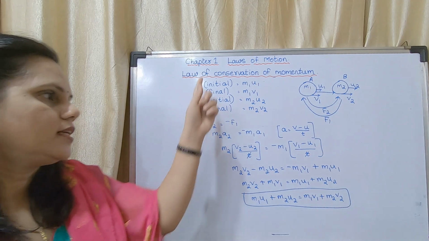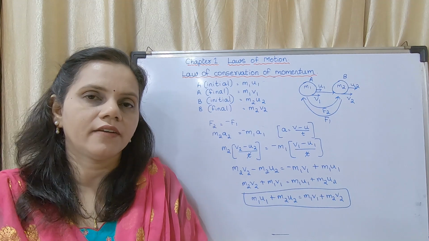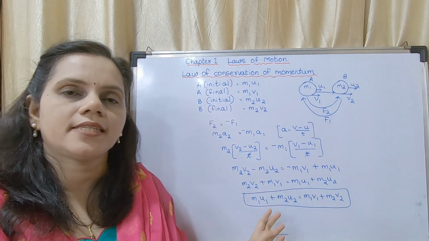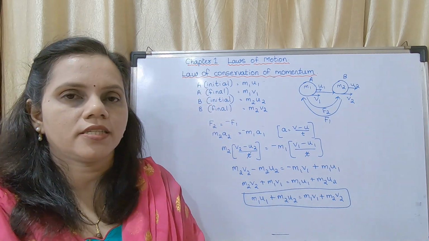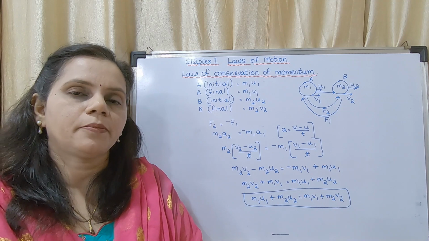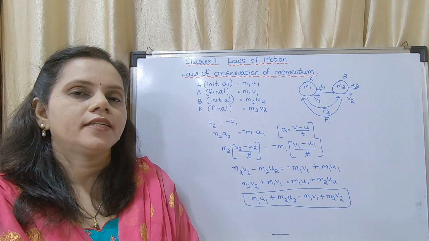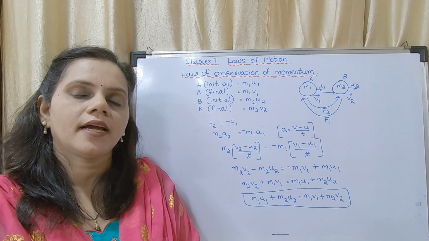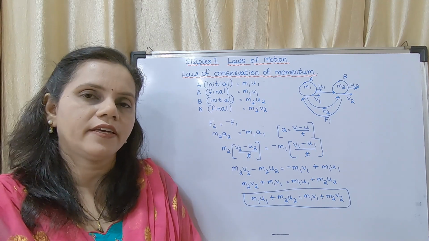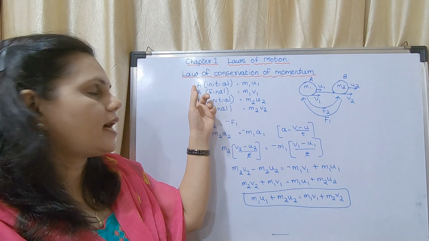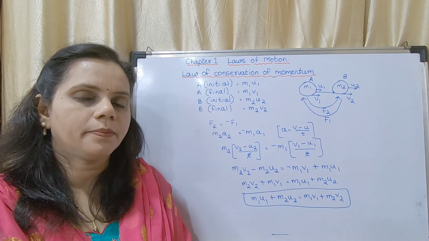This much should be there in your answer. If you are finding it difficult from your textbook, you may write at least this much. How will you write? You have to give the heading law of conservation of momentum. Then you may write, suppose there are two bodies of mass m1 and m2 with initial velocity u1 and u2. They collide with each other, they have final velocities v1 and v2. After that you may write from here till here. You may copy this.